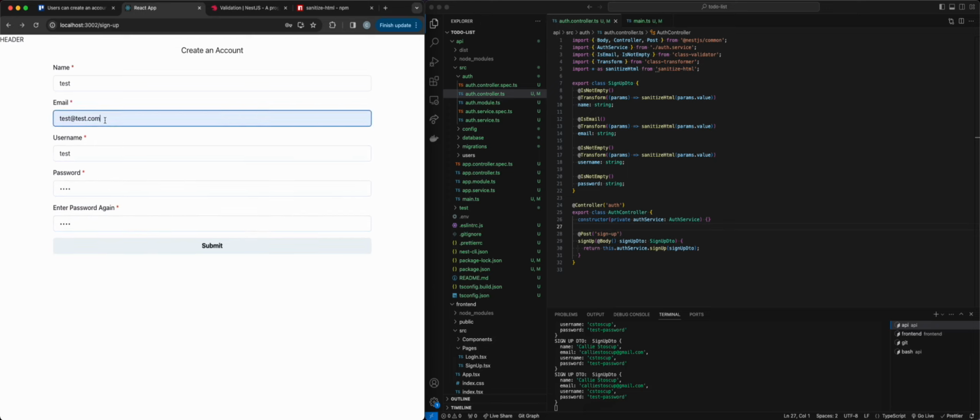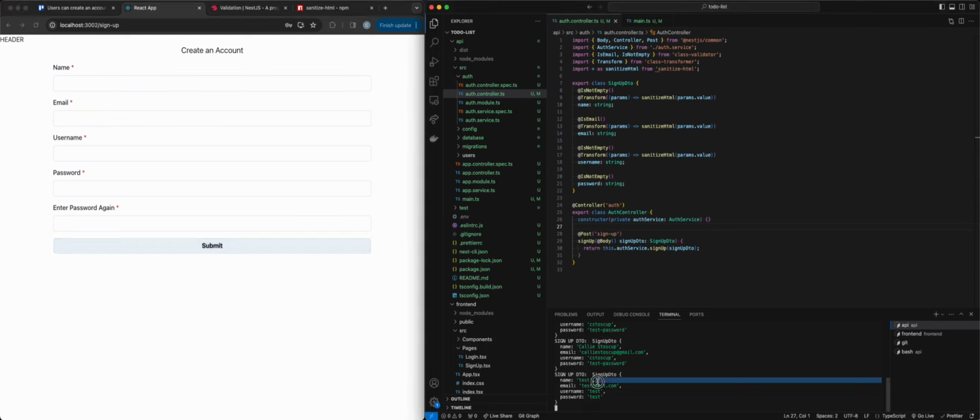Okay, so now let's add onto the name some HTML. All right, and we're going to send it, and you can see that it cleaned up our name for us. Okay,